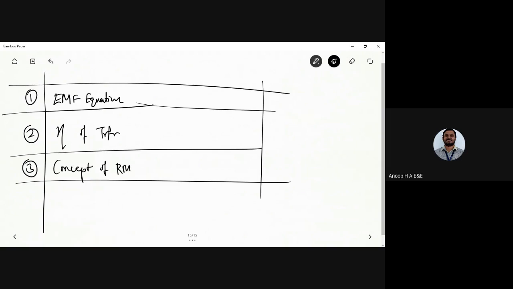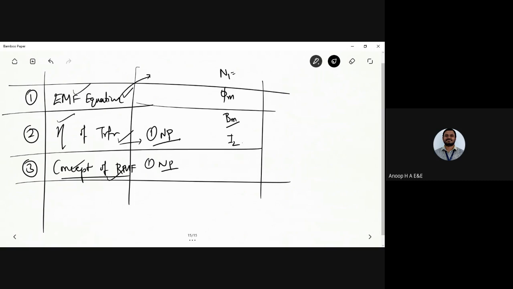Yes, exactly. We'll be highlighting all these concepts, as I've already done in classroom classes and in the crash course class also. So you can expect the EMF equation, efficiency of the transformer, and also a numerical problem. You will find efficiency quite easy, and the concept of rotating magnetic field, and a numerical problem. In the EMF equation, the simple problem where you will be finding the number of turns, maximum value of flux, from flux the maximum flux density, and the full load current and all. All these problems you will find easier.